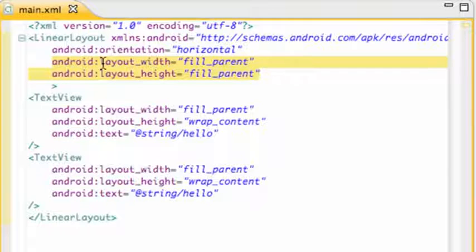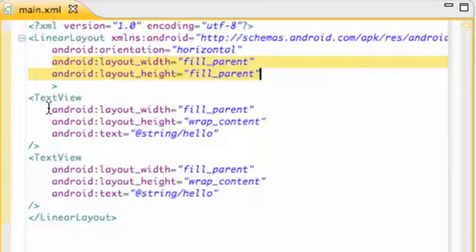And what the parameters are, well, the width is going to fill the parent, so it's going to take everything that's available for the width, so the whole screen's width for the most part. And same with the height, it's going to take all the height that is available to it, and that's its attributes, or its parameters for the most part. So there you go, you have your linear layout set up, taking the whole screen and set to a horizontal